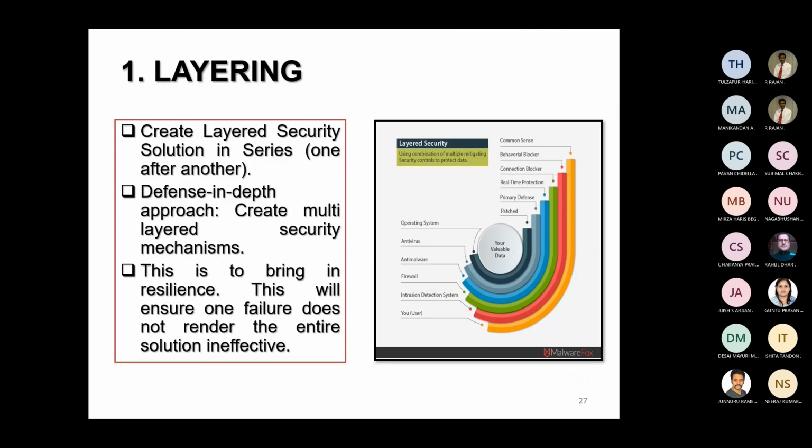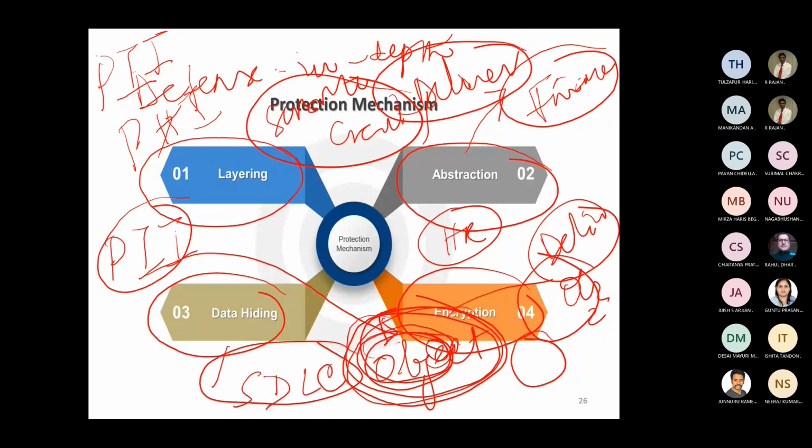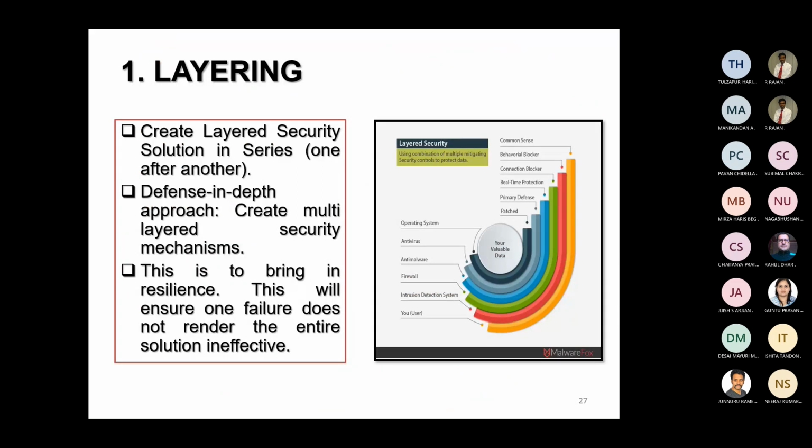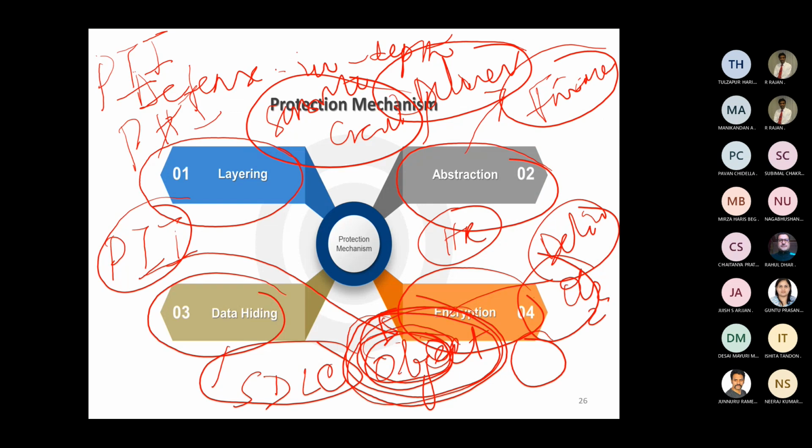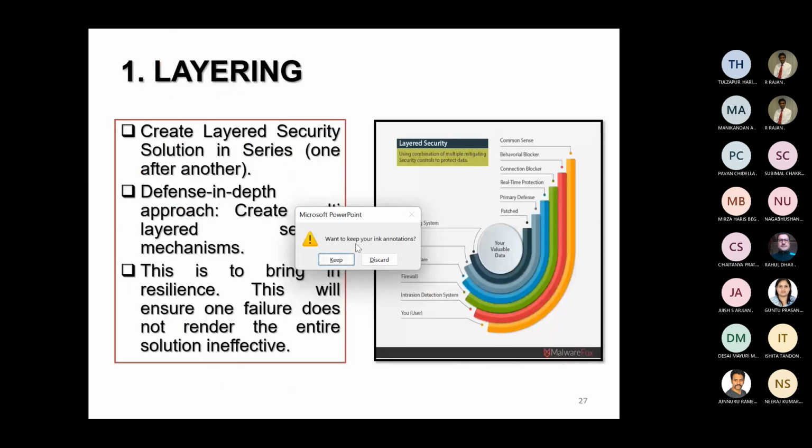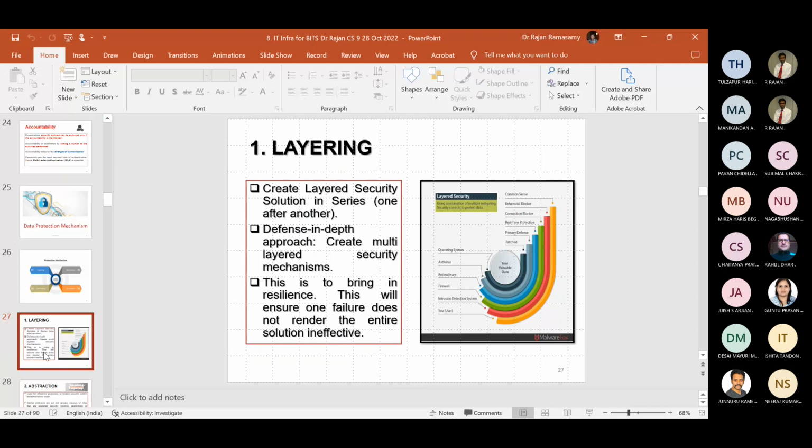The moment you say layering, you must ensure there are multiple layers. Now, what are the multiple layers? From the person, you, right, until the time the final information is sought, how do you go about building your entire network into multiple layers? Now, let's look at the first thing. Okay. I'll introduce an empty slide here.